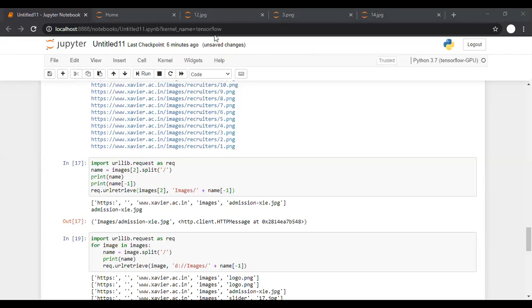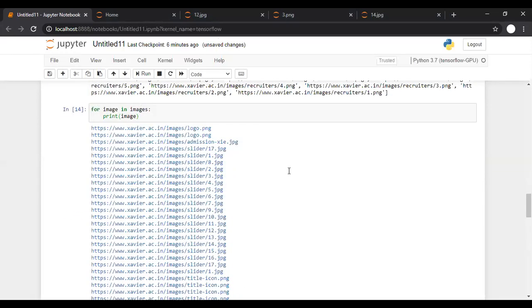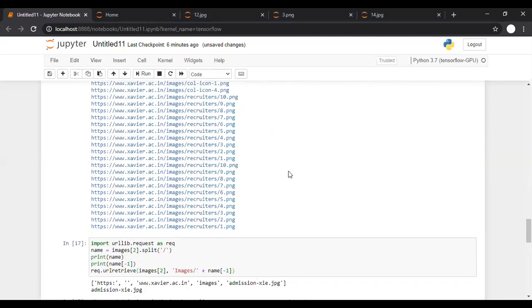Class, this is not yet done. There is yet more to be added to this code, and that is the more important part. You are not supposed to crawl one page. You are supposed to crawl the entire website. Am I right? So crawling one page and crawling an entire website are two different things. Crawling the entire website means what? Go to the first web page and look for all the links, then crawl those links also, and then crawl those links also. That is the more important thing. So how can you do that? Crawling all the pages which are available on your website.